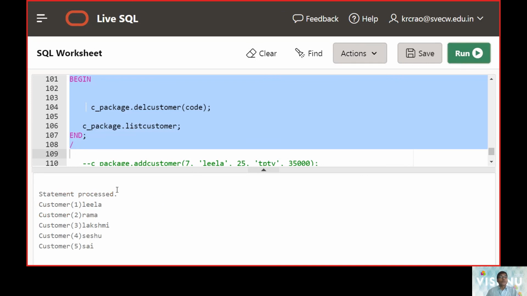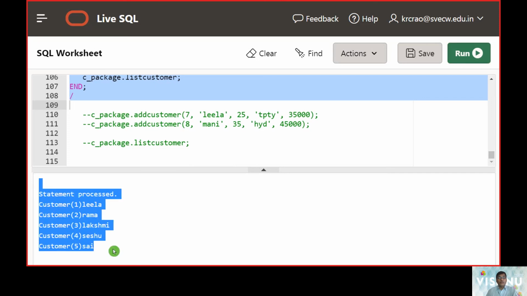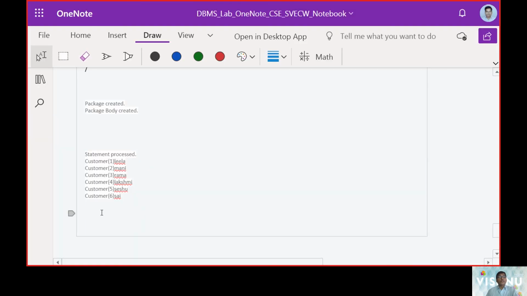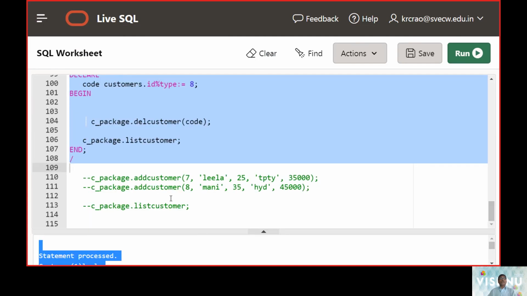Now you can see, earlier we added record number 8, which was Mani, and it is now missing. So the looping activity was also taken up. So this is the overview of a package.